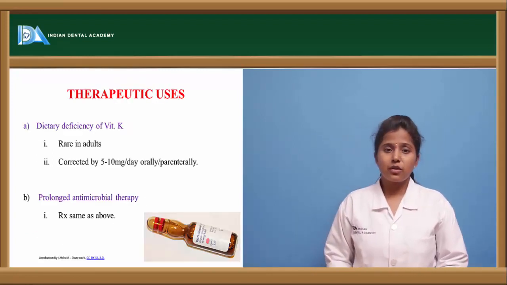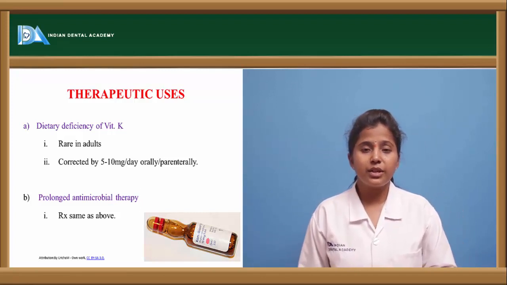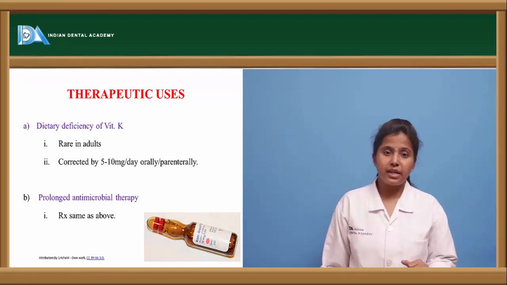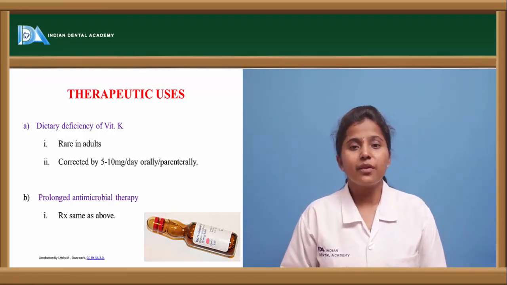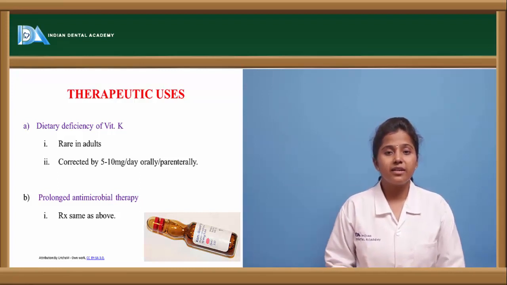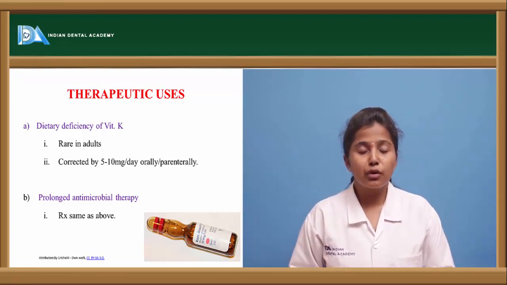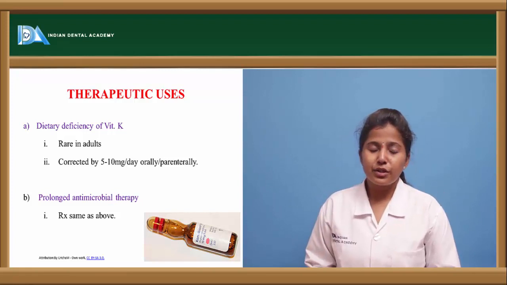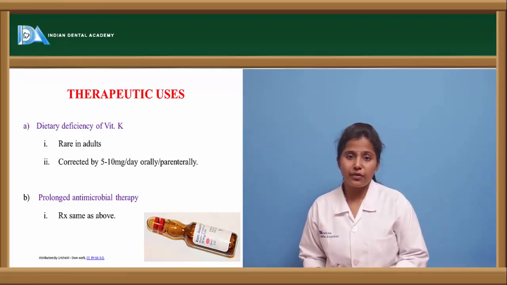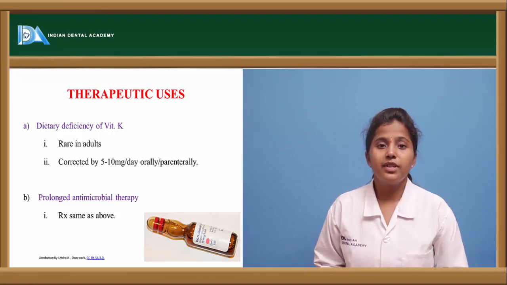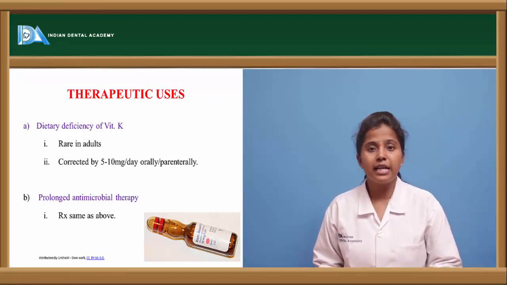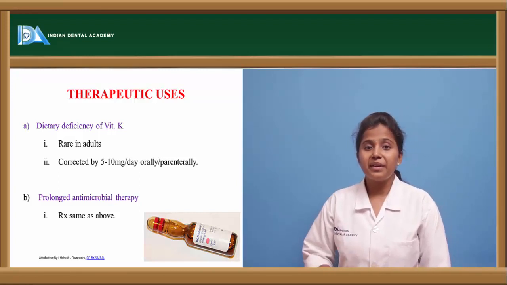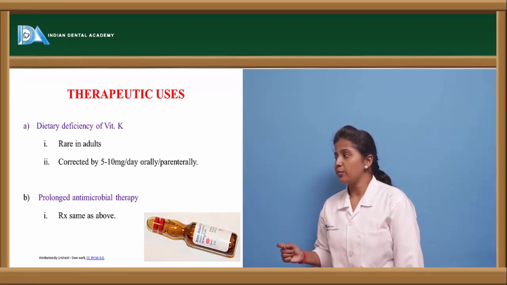What are the therapeutic uses of vitamin K? Vitamin K is used in the treatment of various diseases or disorders. For example, in dietary vitamin K deficiency, if vitamin K is not available in the body through food or diet, then vitamin K supplements are given. This deficiency is rare in adults because most adults take their diet properly. If a deficiency occurs because of diet, it is in infants or children only. The recommended dose for dietary vitamin K deficiency is 5 to 10 mg per day orally